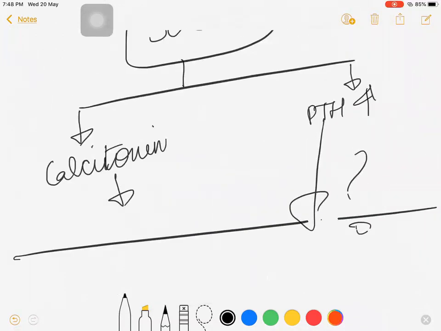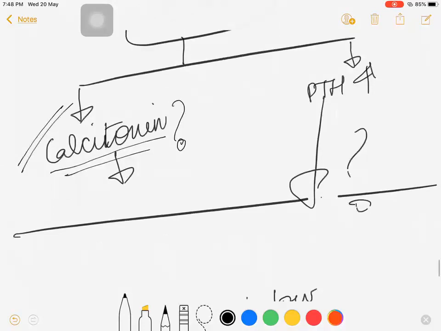So where is calcitonin produced from? Parafollicular cells of thyroid. Yes, absolutely right. Why is it important? Because this question was asked in our externals, and most of us were asked about C cell carcinoma, medullary carcinoma of thyroid, which is not expected. It is very important because it produces calcitonin.